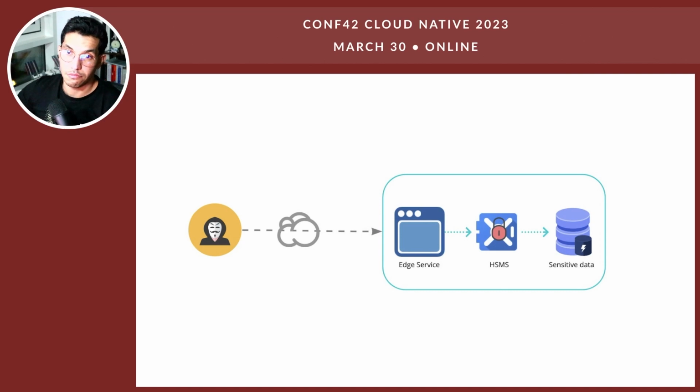He can take that data, brute force it, manage to break it, and gain access to the plain text of your users' passwords, and you will not know until you find that data in the market, on the dark internet. And you were basically using a function to hash your users' passwords, and he managed to break it somehow. Imagine now having a dedicated entity or a dedicated server that gives you a key with which you hash the password,